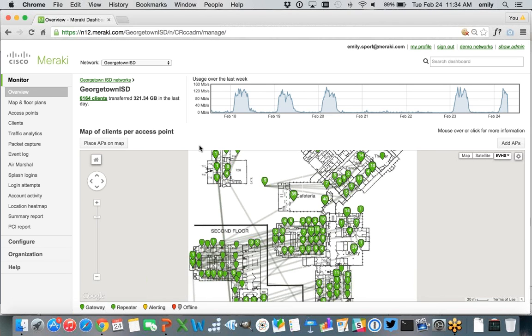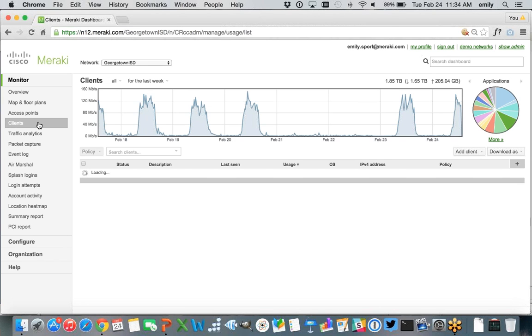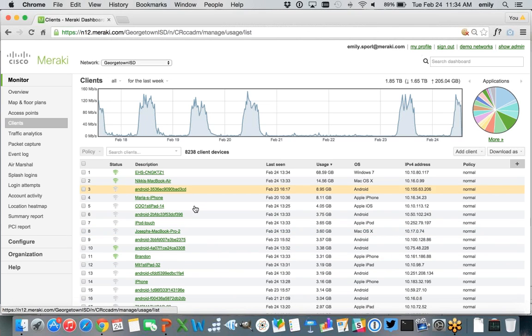So when you're looking at a wireless network, there's a couple of things to note. First of all, our equipment, whether it's an access point, a switch, a security appliance, is going to have a page that looks similar to the one you're looking at now. This is a client's overview page. So basically what it's saying is, for a given network, for a given time frame, and we're looking at a week, but we could of course drill down as detailed as the last 2 hours, or zoom out to the last month, we're getting summary statistics about things like bandwidth consumption, application consumption, and the number and types of client devices that are connecting to a network.